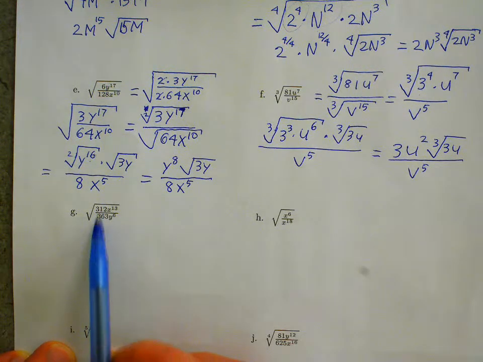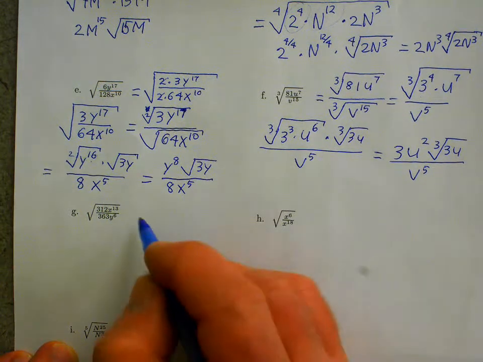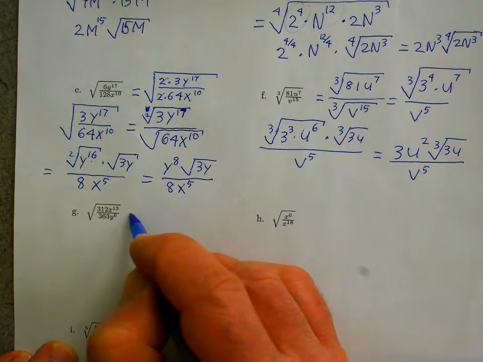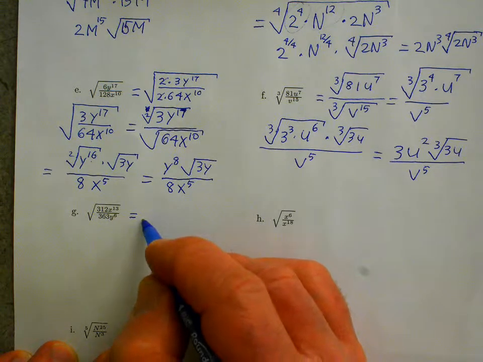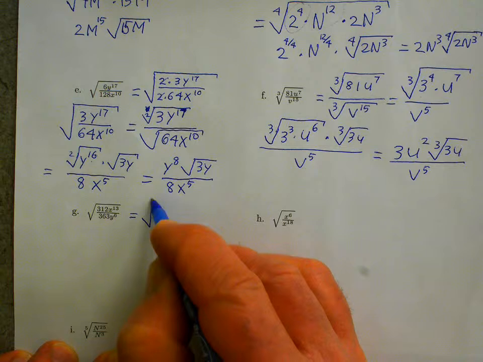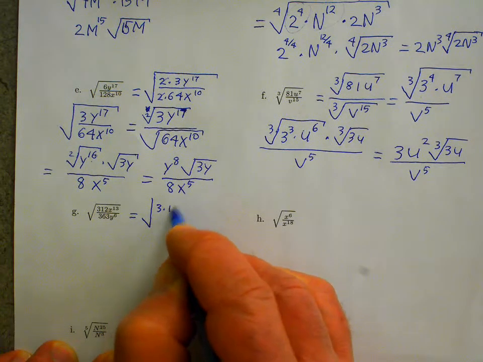The numerator and denominator have a common factor other than 1. So 3 is a common factor of 312 and 363. So we can rewrite this as the square root of 3 times 104